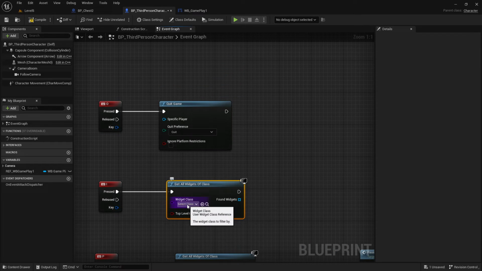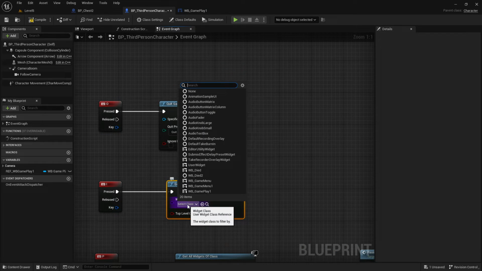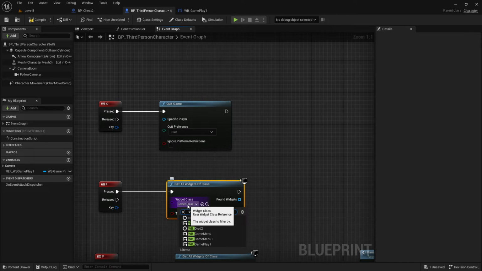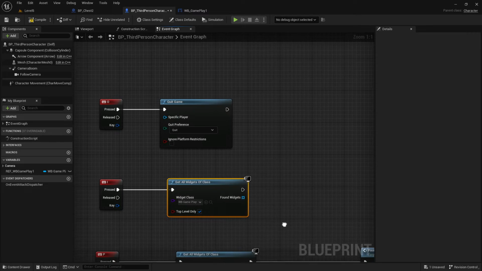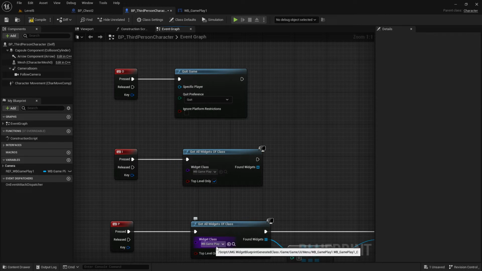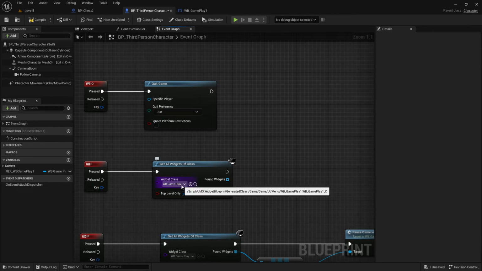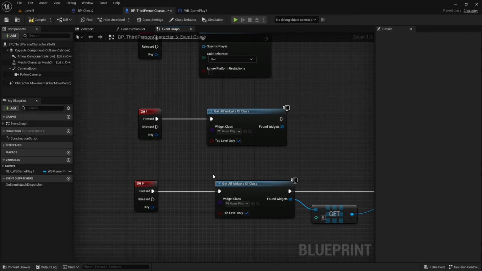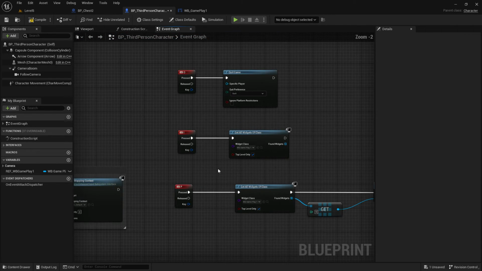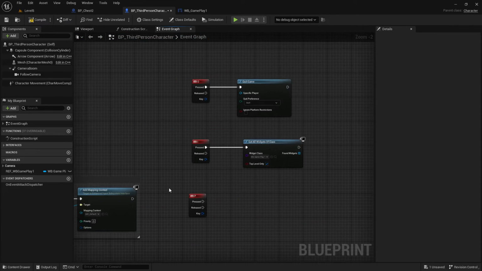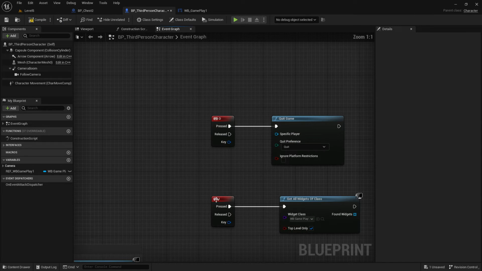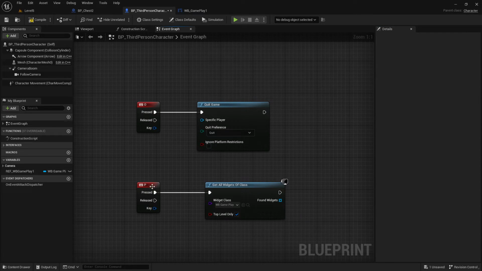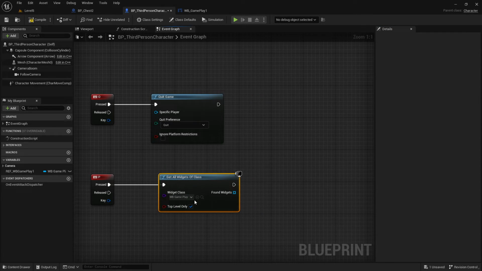And then select the widget. In my case, it is called VB Gameplay 1. And here I can't select this, I think, because I already selected it here, gameplay. And then, yeah, because I've selected here, let's delete this one here, just so. And I rename this one to P. It's my pause menu, so I select it again, I press P, now it's P, and then I get again